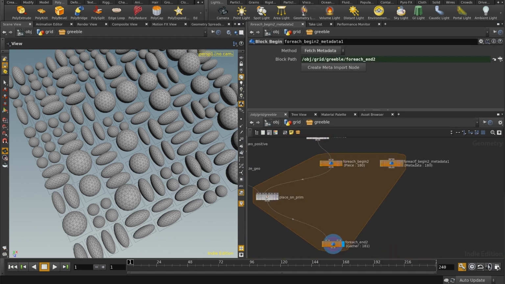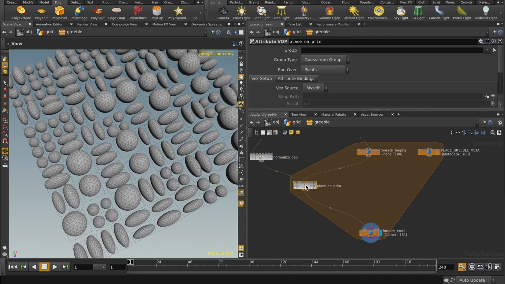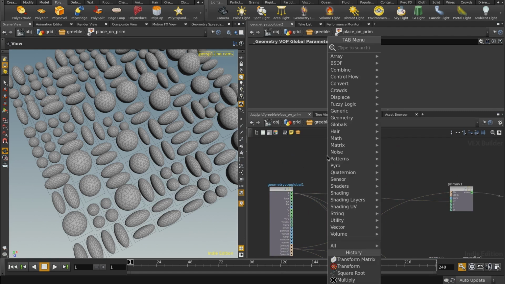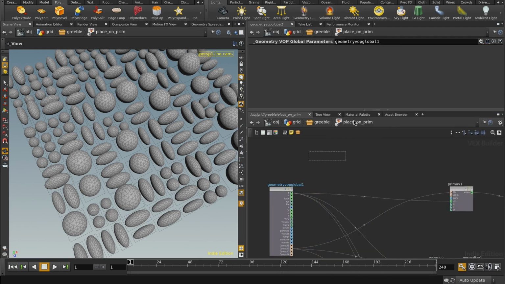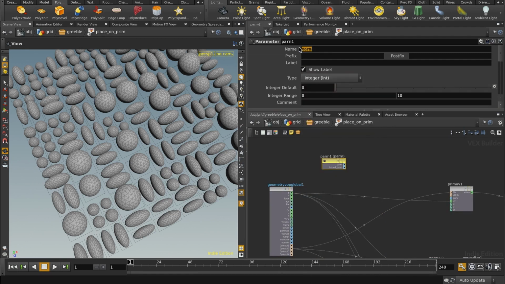And now we will call this place Greeble meta. Dive into here, and we'll need a parameter that we can use to call that in. So I'm just going to press tab and type parameter. And I know that that is an integer. So we will call this